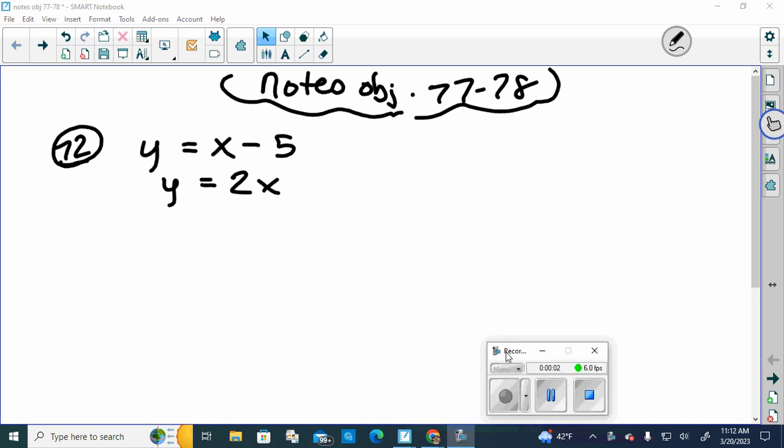Okay, so objectives 77 and 78. One of them is substitution, the other one is elimination. Okay, so write this down. So it's y equals x minus 5. Y equals